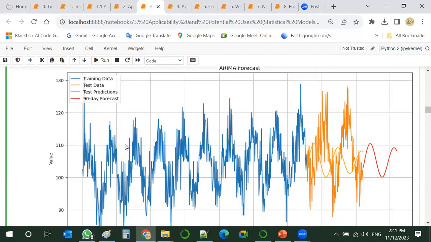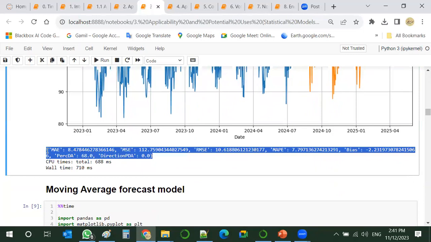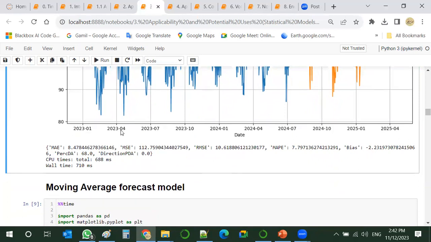So the same model is now being weighed, being evaluated, so we can tell, like, this model is characterized by a mean absolute error of 8.5, RMSE of 10, bias of minus 2.2, and so on and so forth.